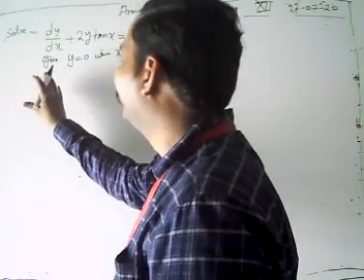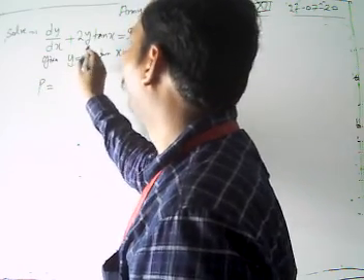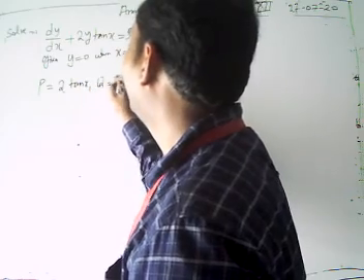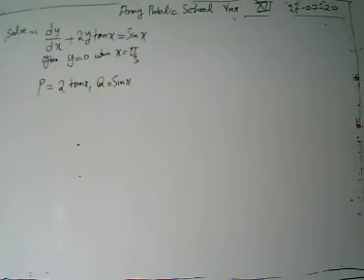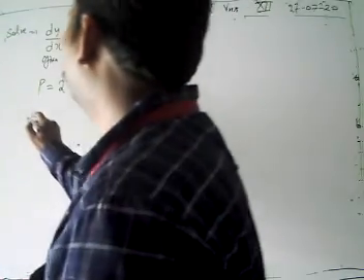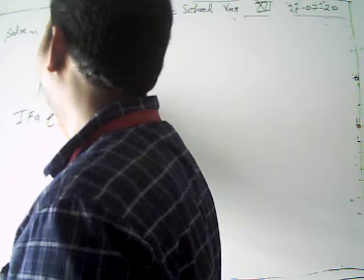Now obviously the given problem is in the standard form. On comparing with dy/dx plus py equal to q, the value of our p is 2 tan x, and our q is sin x. So then obviously we are going to find the value of IF. How can we calculate IF? Integrating factor is e to power integration of p dx.